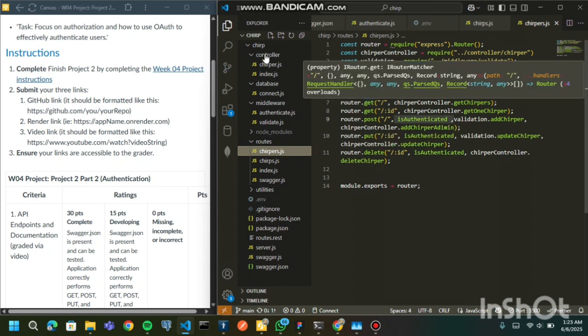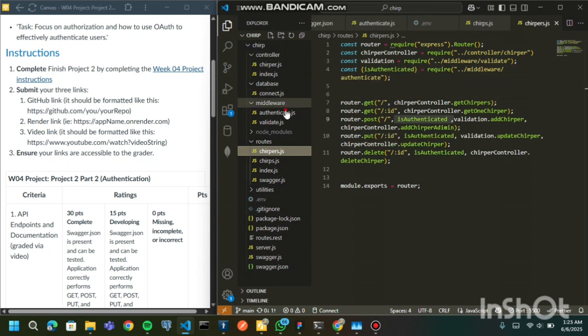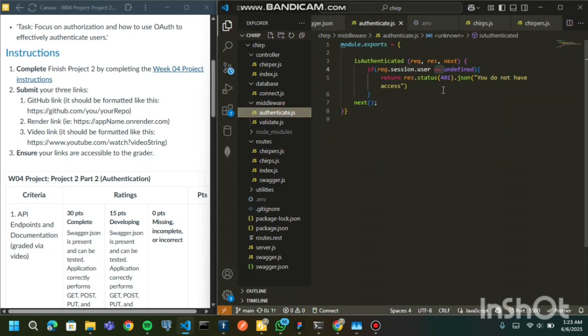Basically how it works is we have this here that checks our session to see if this user exists, if it is created. So if it is undefined, it's going to return this, you do not have access. But anytime we log in with GitHub, if we go to our index route,